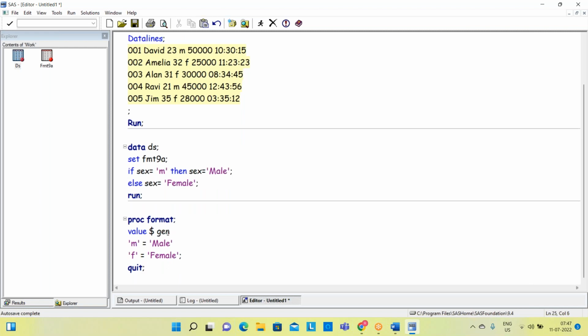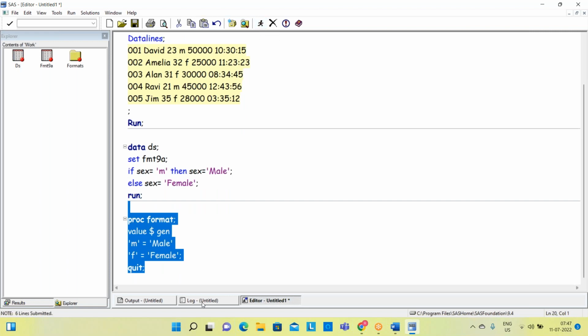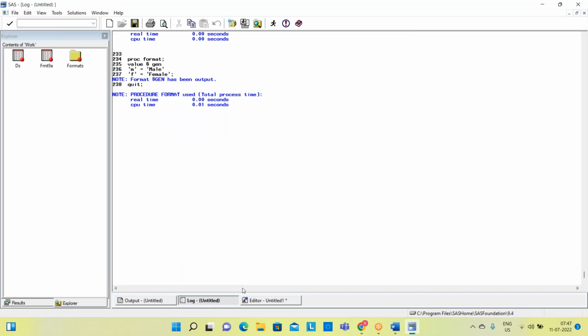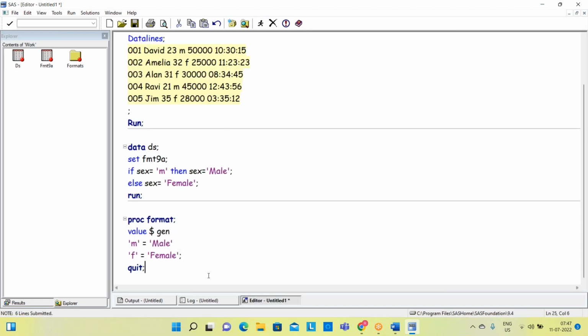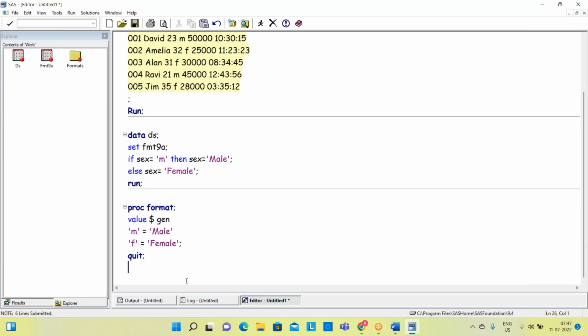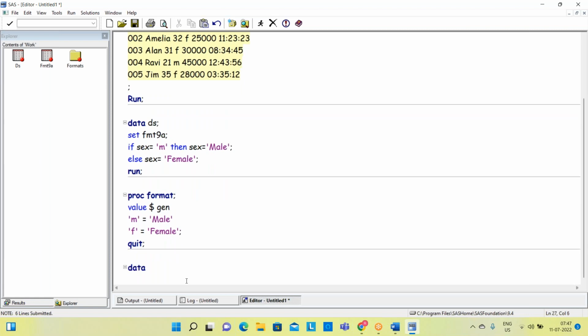You can write run statement, you can write quit. It is your choice. So if you run the program here, you see formats catalog created. Okay. So next time, once you have created this formats catalog, next time: